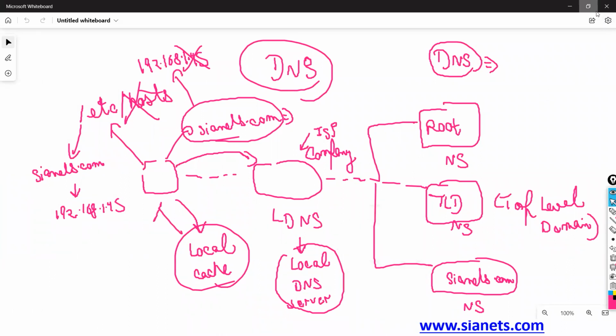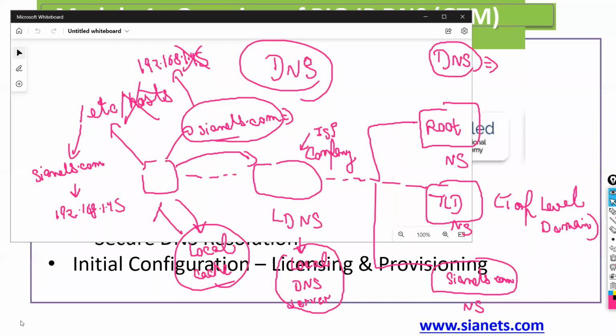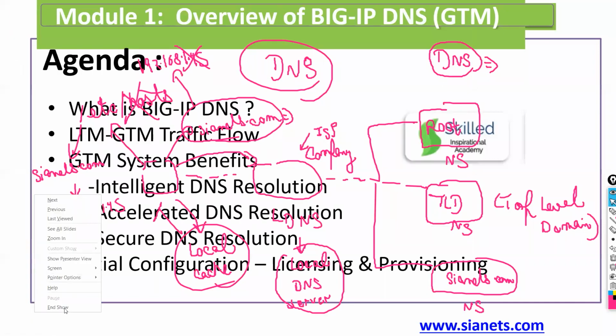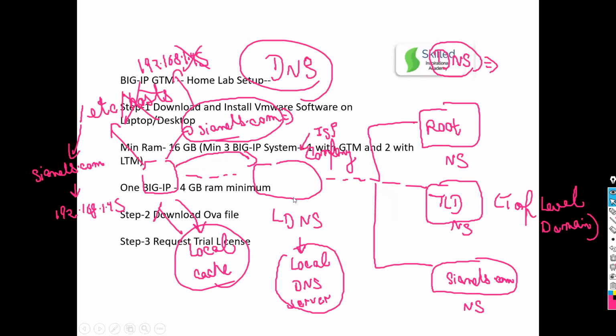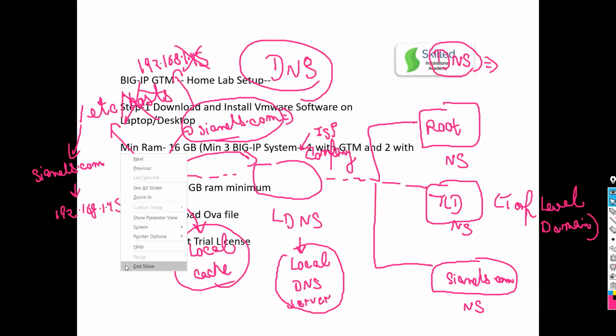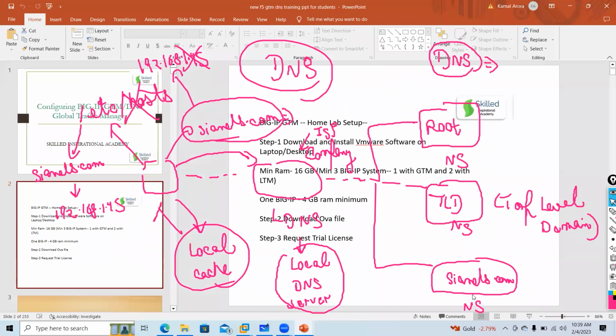I will go here. I will minimize it. So how can you check what ISP or LDNS is configured? For this, you need to go here. In your Wi-Fi, there are network and internet settings.